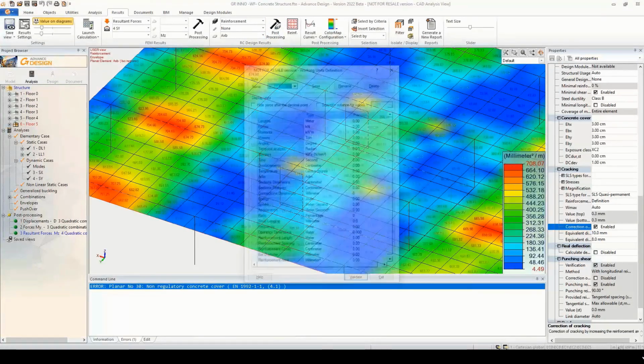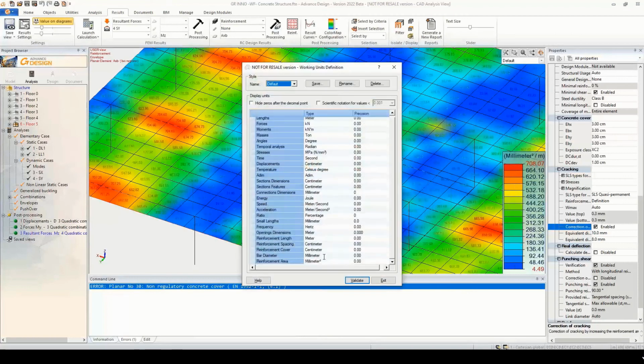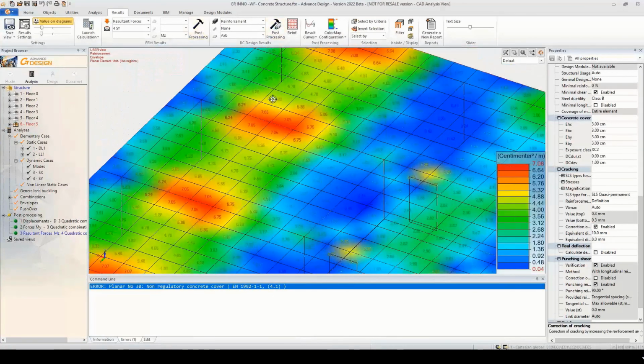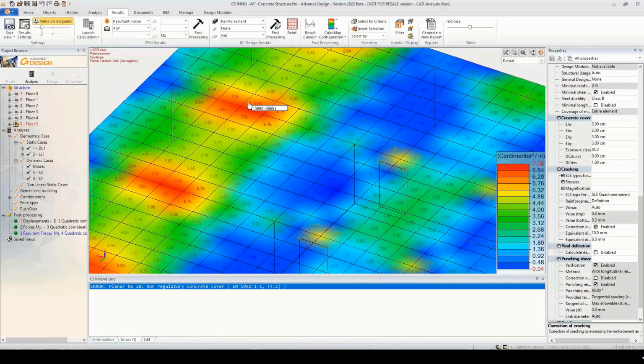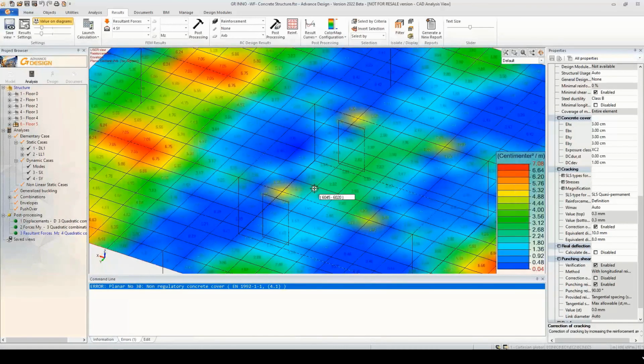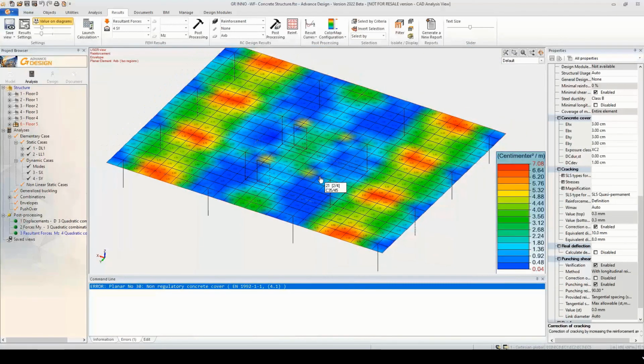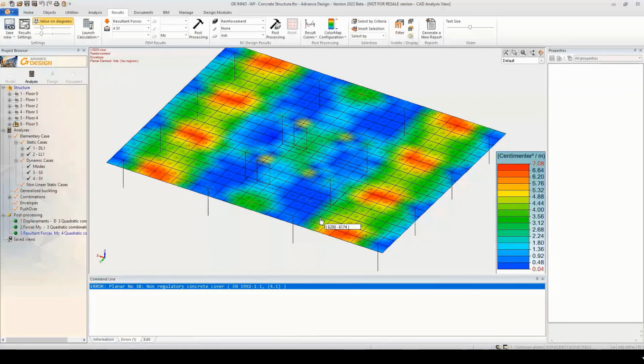So here we have the reinforcement value, and naturally it's possible to manage the scales and the units. You see in red you have the biggest value, in blue the lowest one, regarding the reinforcement needed for this planar element.